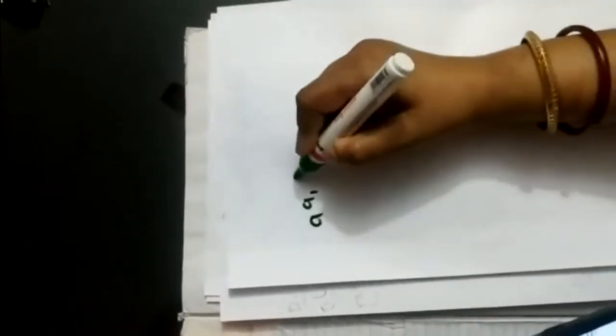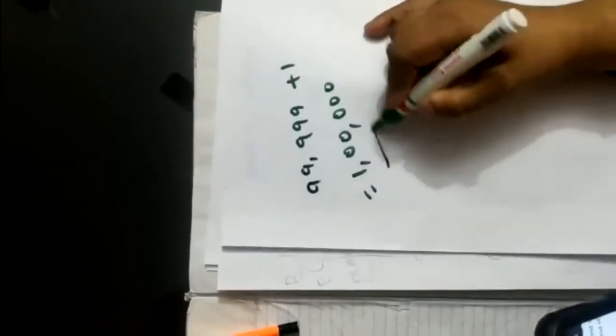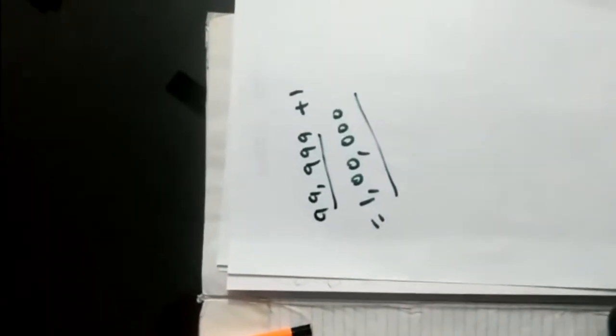So, revision session of worksheet number 1. In this worksheet number 1, children, there is place value and an introduction of 1 lakh. What is the greatest 5-digit number, children? 99,999. When it is added with 1, then it becomes 1 lakh. So 1 lakh is the smallest 6-digit number and 99,999 is the greatest 5-digit number.